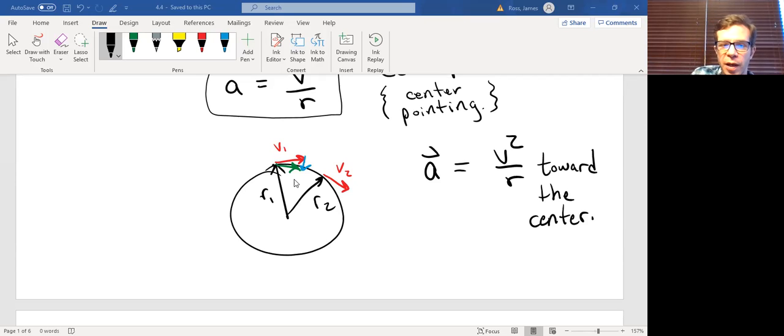If the car is speeding up, well, let's say that we have a tangential acceleration now, then you also have to consider that. So if you want the total acceleration, it's the vector sum of the centripetal and the tangential,